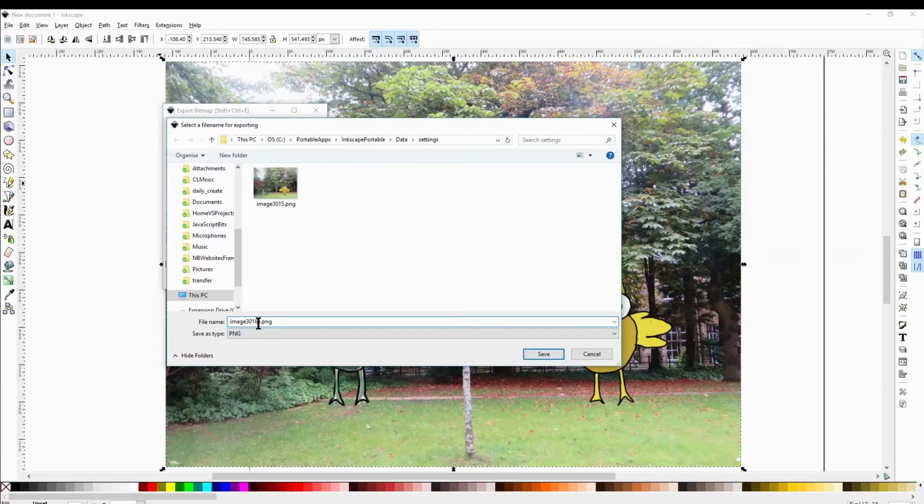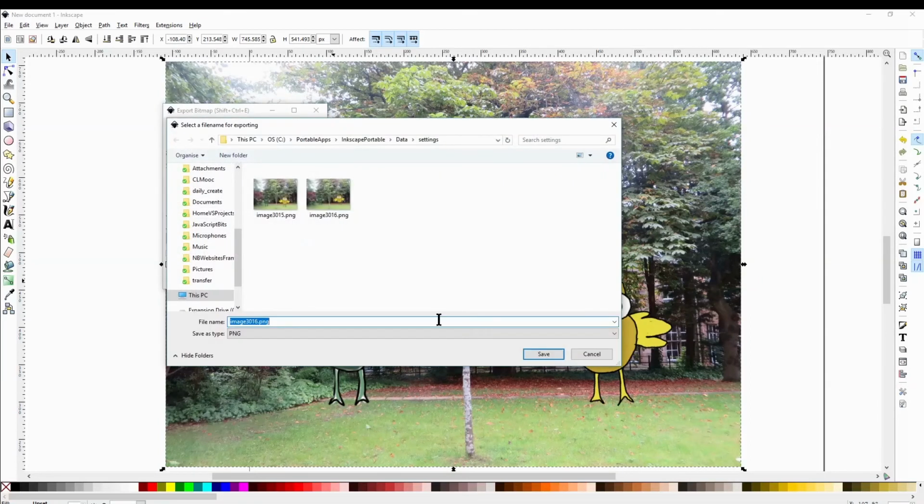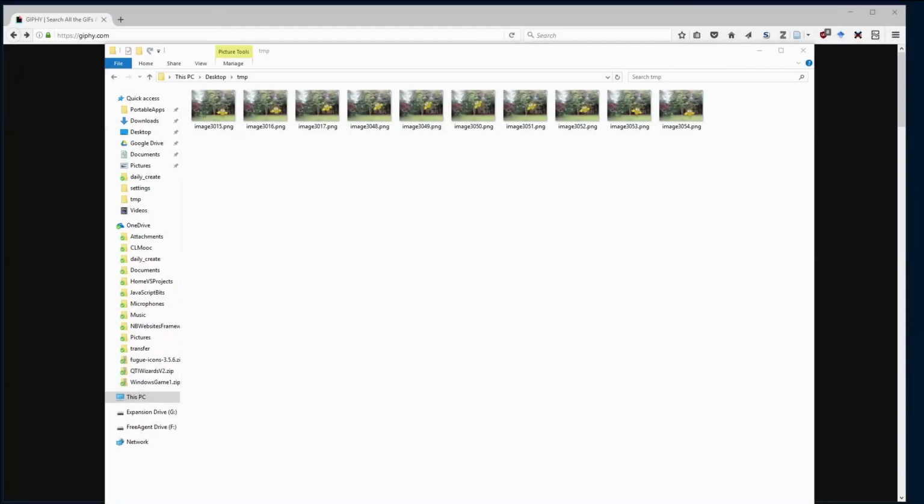I need to give it a slightly different name, of course. So I'll just do a few more of these and then show you how to put them together into a GIF. So now I've created 10 images with my two birds in slightly different positions in each of them,